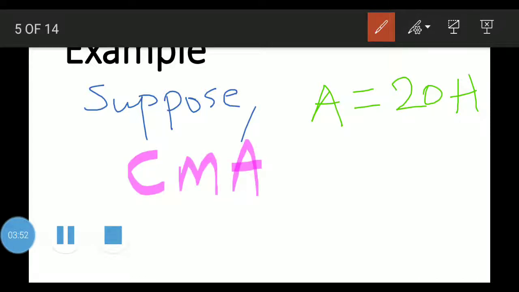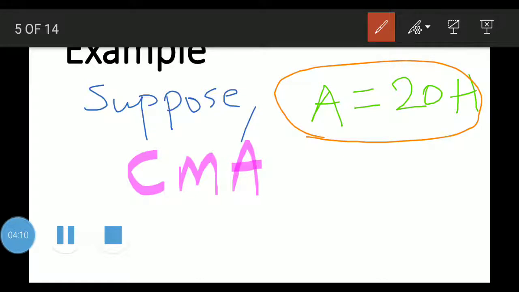When we use the CMA instruction, the content of accumulator will be complemented. How will it be complemented? First, we have to convert this content into binary form.